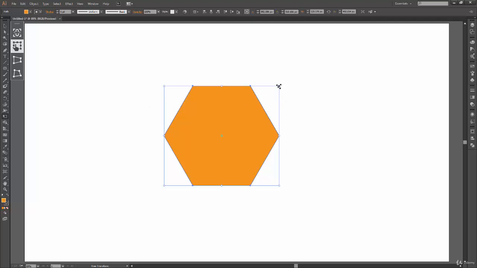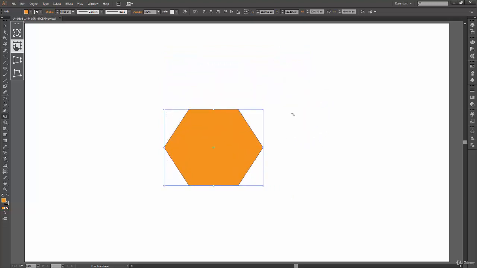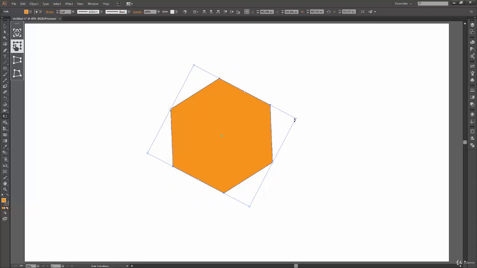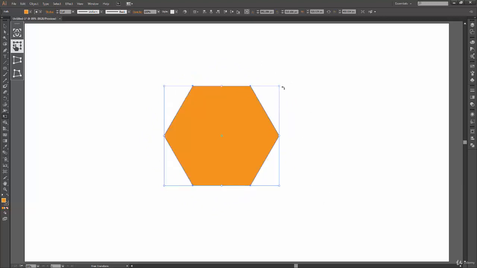You can go to any of the corner points and you can drag your mouse out to scale in or scale out, or you can make changes to your shape. Or on the same point, if you click and move your mouse in a circular fashion, then you can actually rotate your shape. Now, if it is confusing for you, you can just go outside of the bounding box so that your cursor changes to a rotation only. And now from here, you can only rotate your shape. Now you won't have the ability to scale your shape from outside the bounding box.